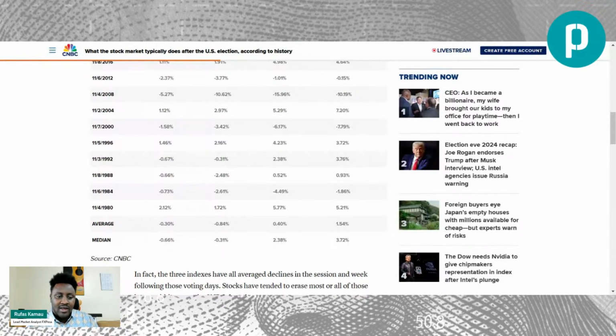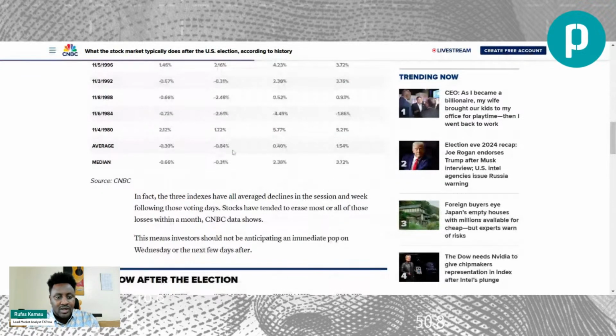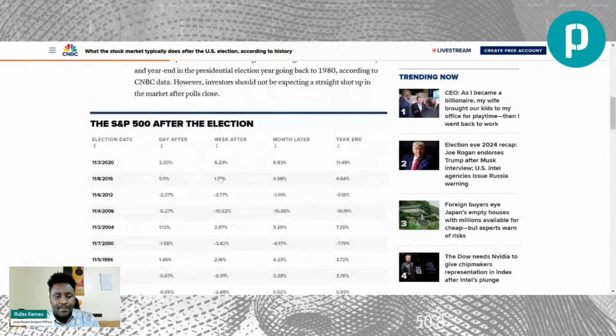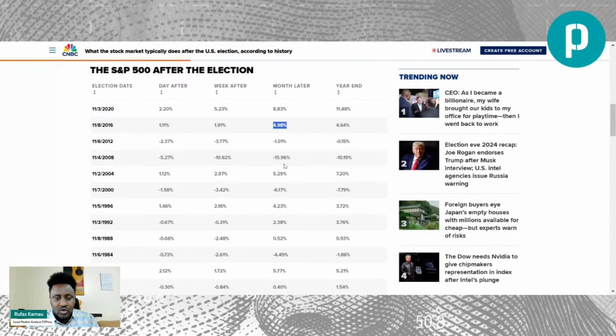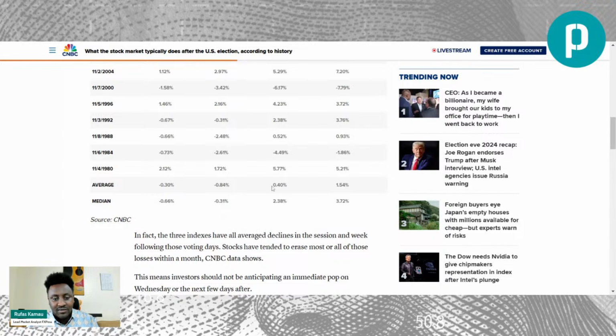So on the other hand, if you look at the week after, the average performance is a drop of 0.84% with a median of negative 0.31%. Then when you move to a bigger period, a month later, remember, a month later, now you have already known who has won the election and confidence resumes back in the markets. So for instance, in the last election, the stock market was up 8.83%. After the other election 4.98%, and so on. So in this case, the overall performance now is positive with 0.40% gain on average, with a median of 2.38%